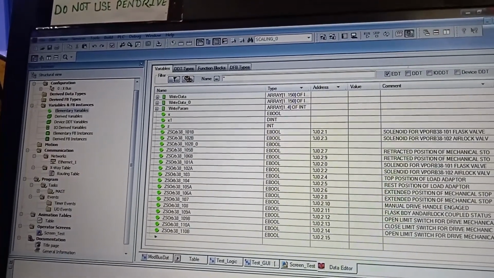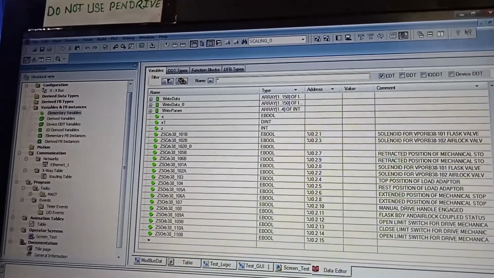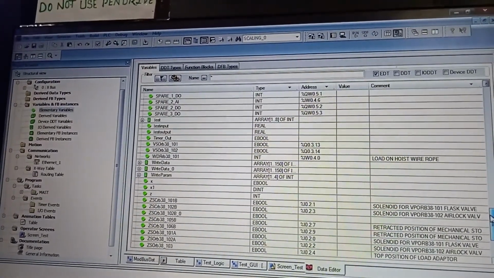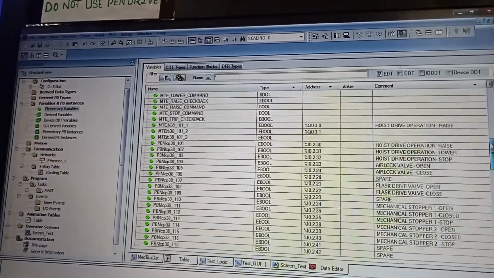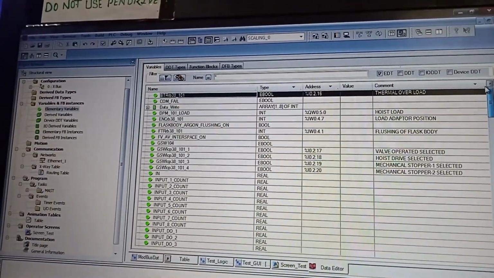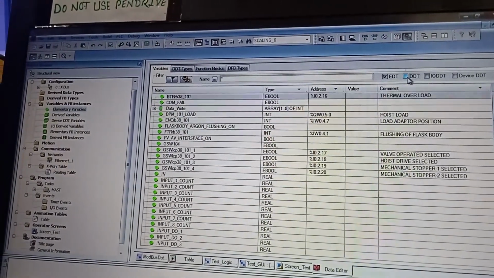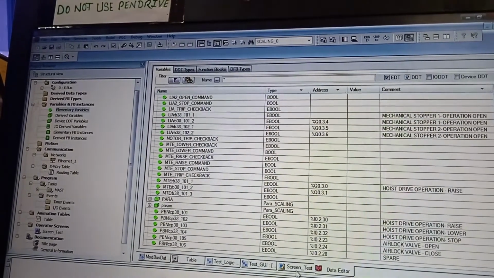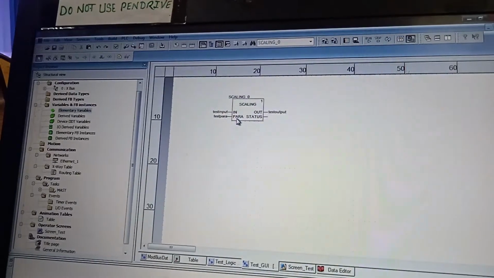And so we will find out that is my scaling 0.